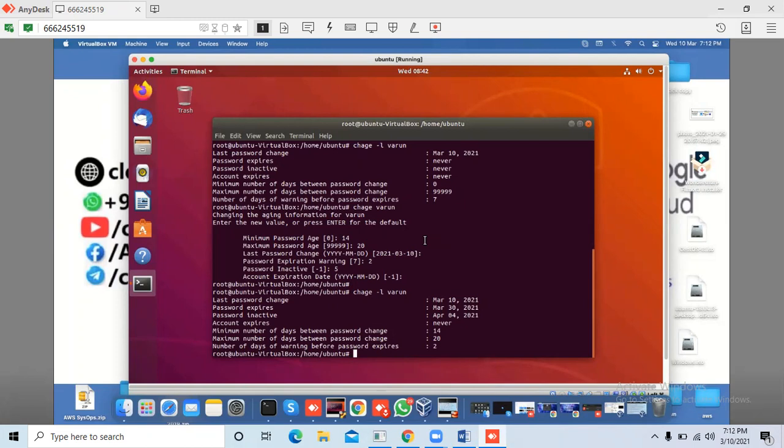This is the password age, maximum password age 30. And minimum password age 14. Account expire never, and minimum number of days between password changes 14 and maximum 20.